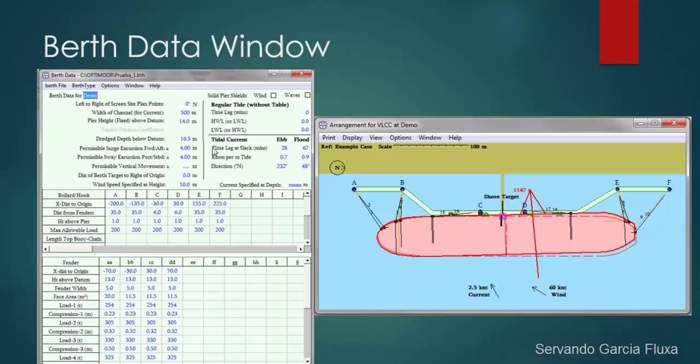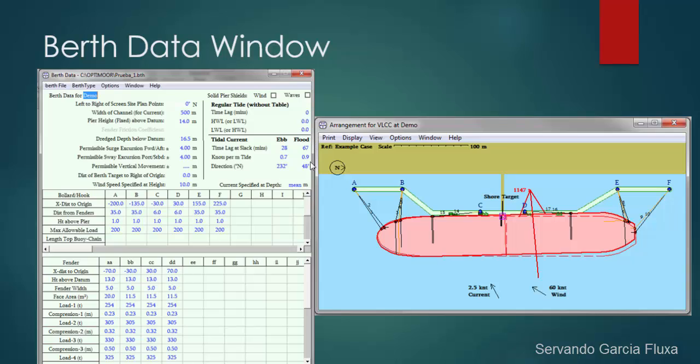Maybe your tide data is measured at a point that is a little bit far away from your point of interest where you're working. So this allows you to define the time lag between that point and your point of interest. How long it takes for the tide wave to arrive from that point that you have data from to your point of interest. Then OPTIMOOR asks you what the velocity of the current and the direction are in both situations,